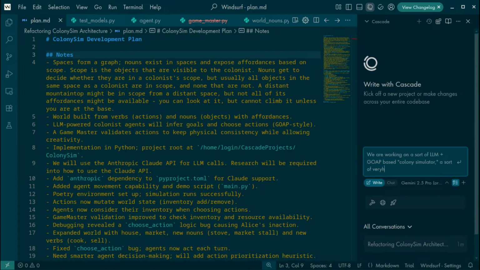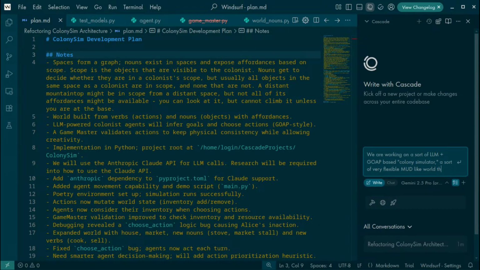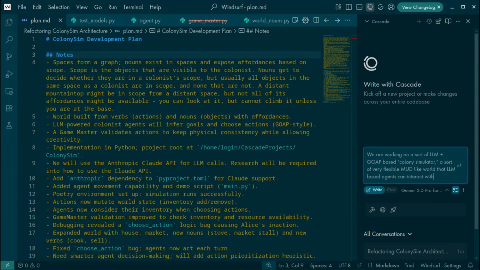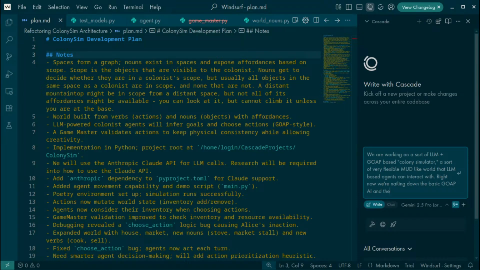A sort of very flexible, MUD-like world that LLM-based agents can interact with. Right now, we're nailing down the basic GOAP and the world architecture before we start implementing the LLM stuff.